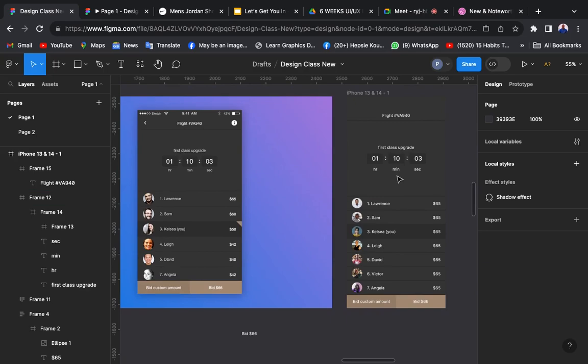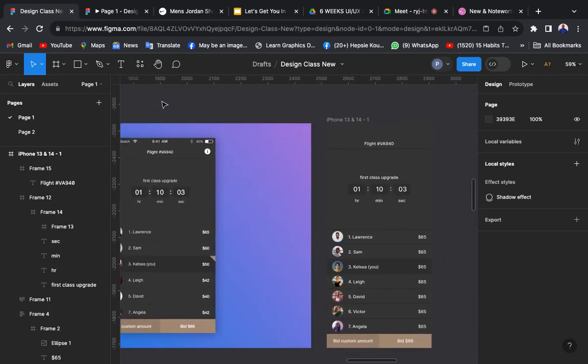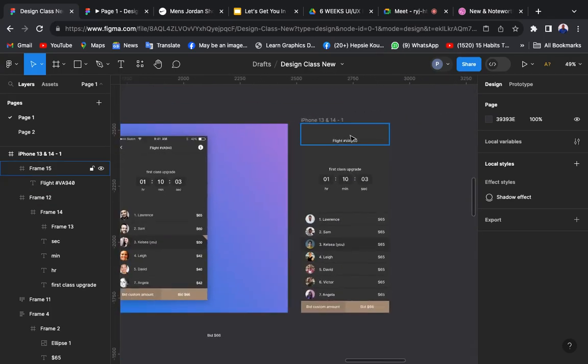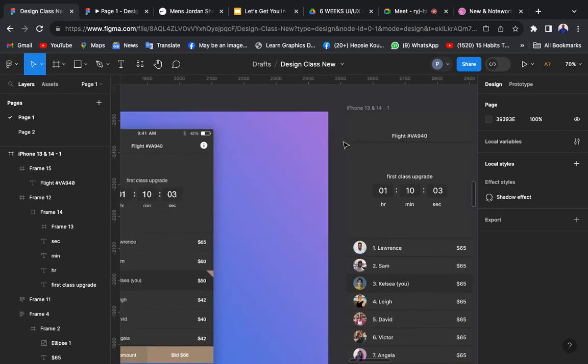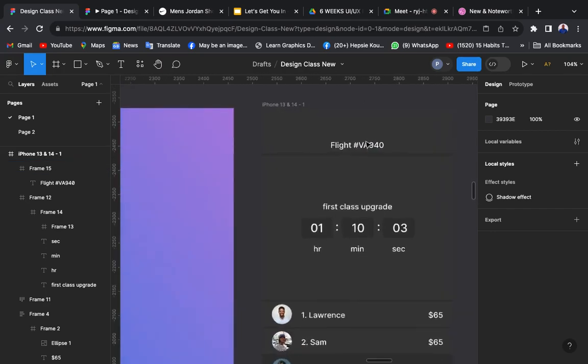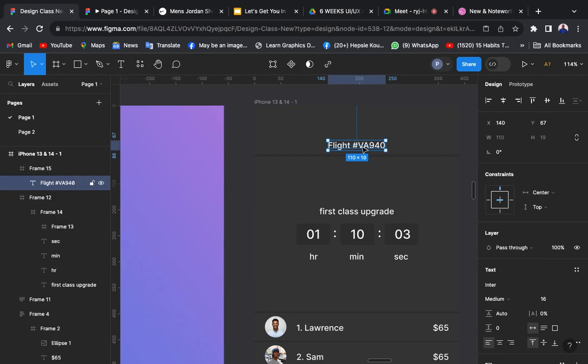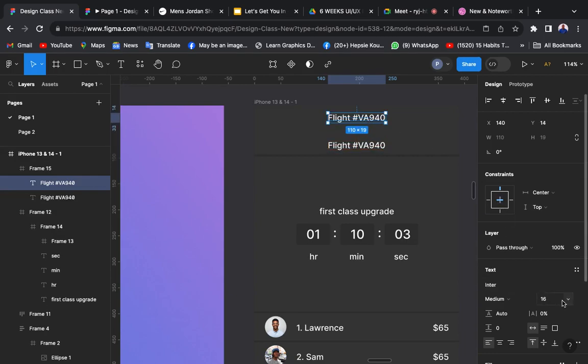So how do we get the battery? Let me get this iPhone time first. That's 9:41 a.m. Alt to duplicate. Then I'll reduce this a bit. Let's give it 13. Keep it in the middle. 9:41